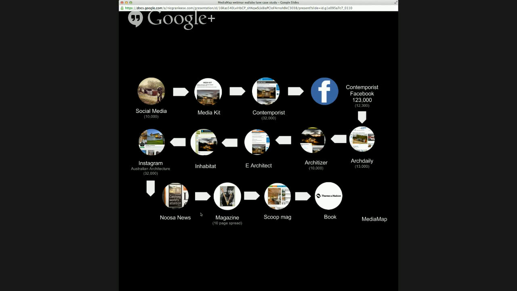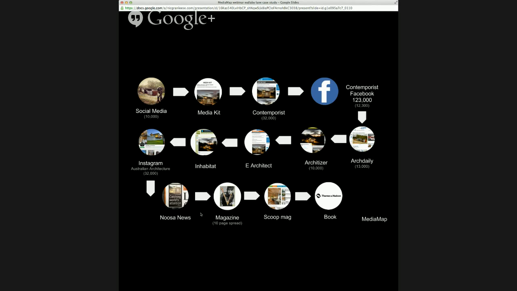What we saw, and there's a bit of guesswork going on here though, is that within about 4 days, about 4 other major blogs, ArchDaily, Architizer, eArchitect, all approached Jolien after seeing it on Contemporist and said, we want this too. My hypothesis is the reason they did that is because it got about 500 Facebook likes within about 2 or 3 days, which was an indicator that this project was hot, which meant that they wanted it because it's not so much about exclusives. What it's about is click advertising.